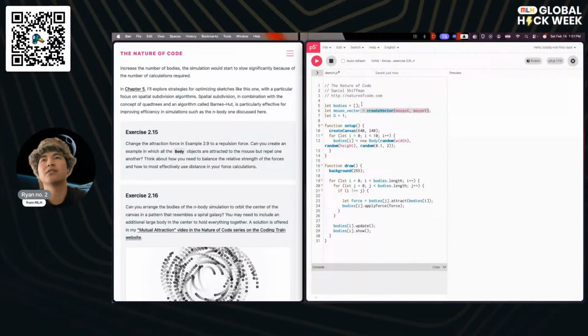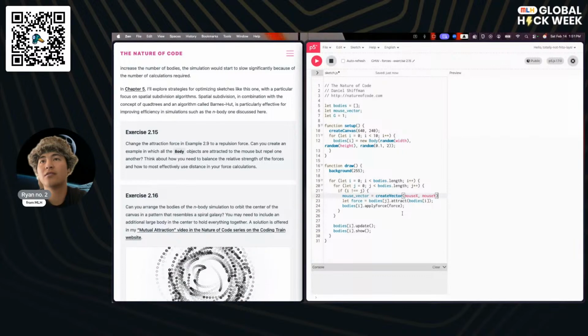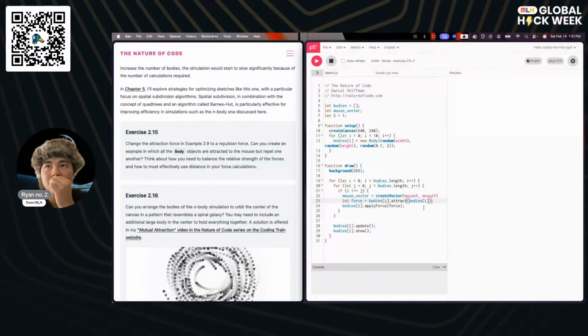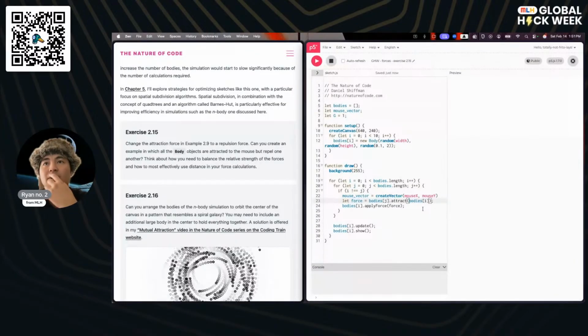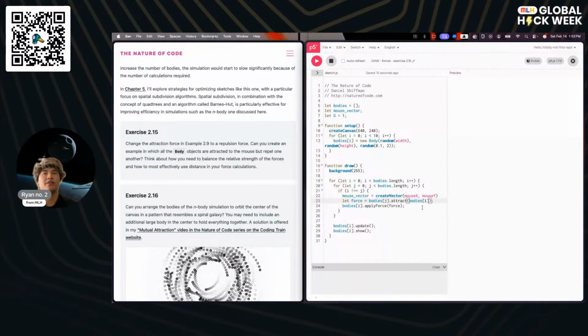We could just say mouse vector is equal to create vector in that location. And then instead of the bodies being attracted to each other, why don't we just make it so that the mouse pushes? That way we don't have to rewrite that.